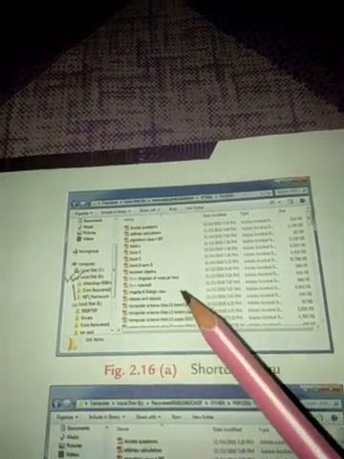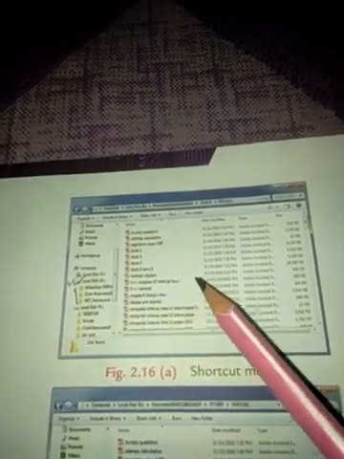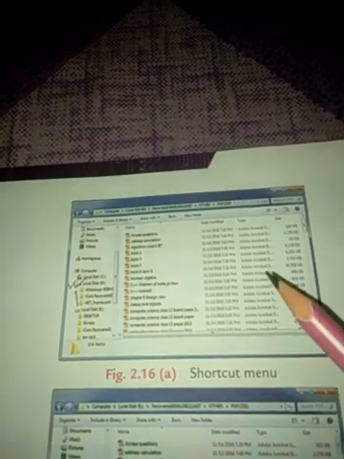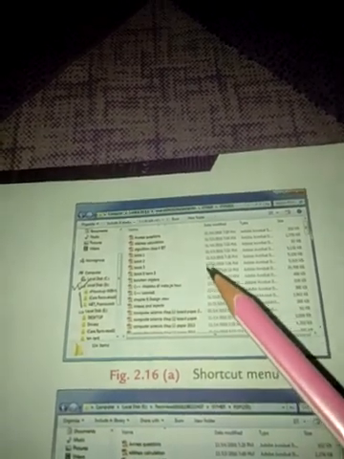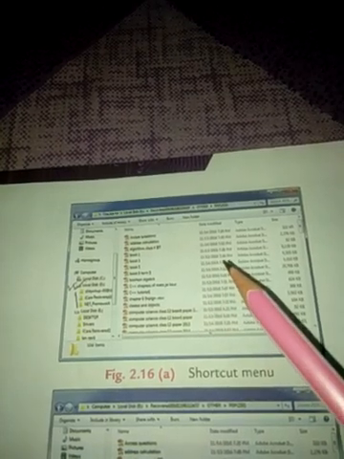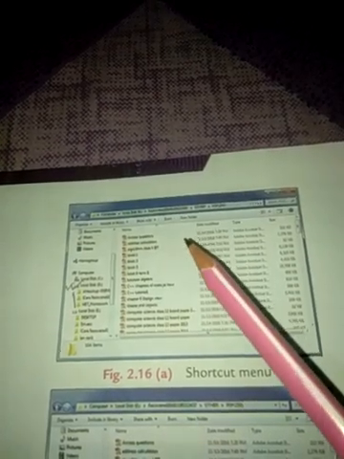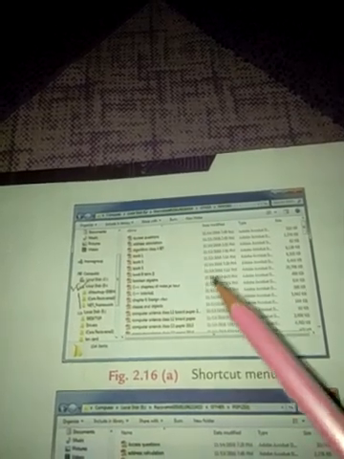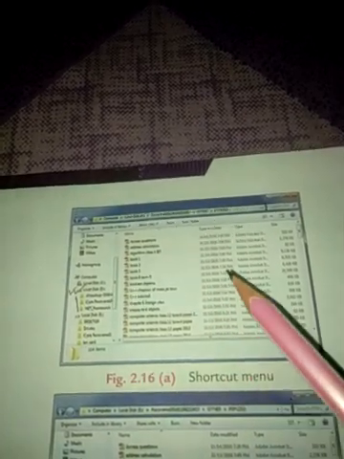In this case, we have to once again use the right button of the mouse by placing the cursor on the empty place of the right panel of this shortcut menu interface.